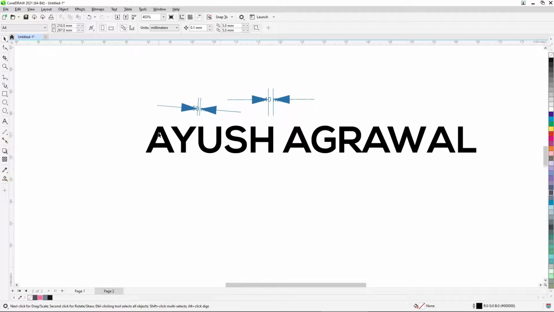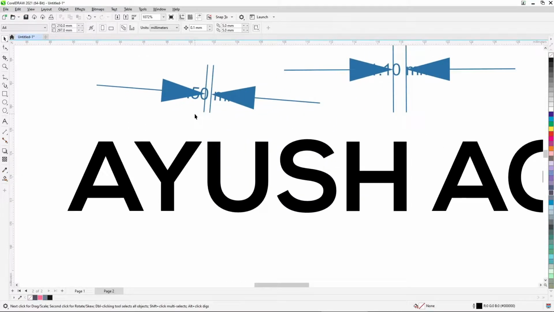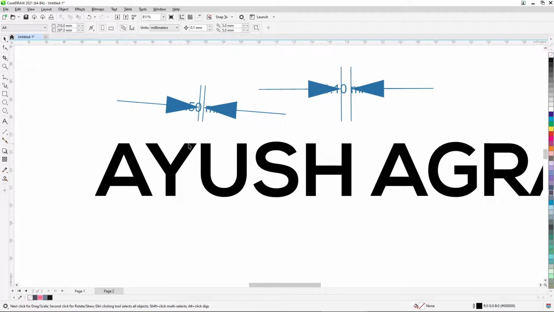Anyway, let's say this is the logo of your company or brand or whatever, and you wanted to get this thing stitched on whatever piece of garment. Here I have tried to do some calculations like measurements and all.